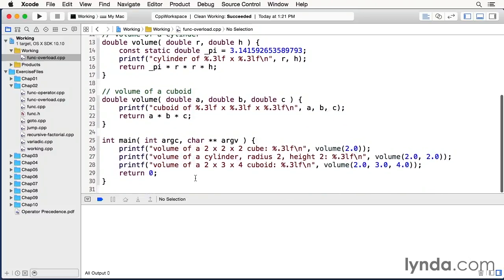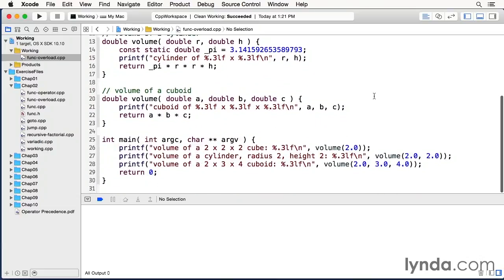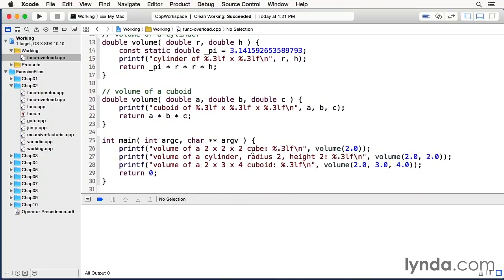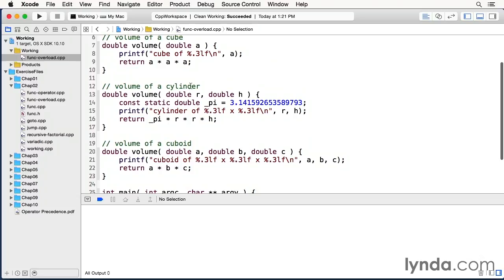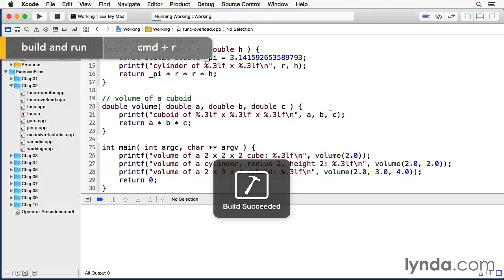And then I call each of these with printf, and you'll notice also that each of these has a printf in them. So the first thing to print will be the printf from the function, because the function actually gets called first before printf so that its return value can be passed to printf. So you'll notice when we run this that first it'll say cube of, and I believe this gets called with a 2.0, and then it'll say volume of a 2 by 2 by 2 cube is, and it'll give the result. And so that'll happen for all three of these, and I'm going to go ahead and build and run,